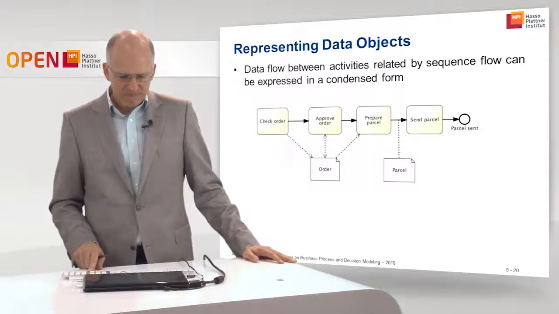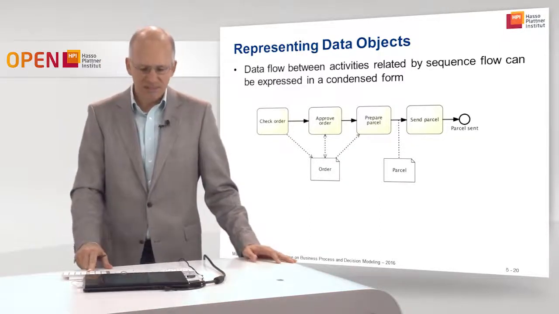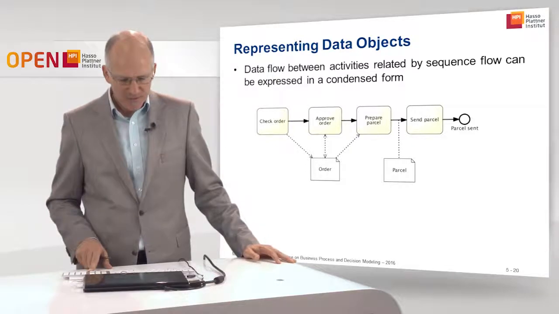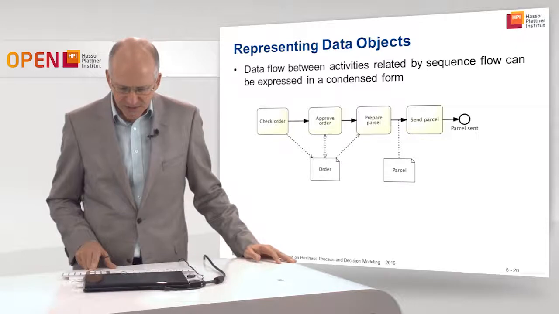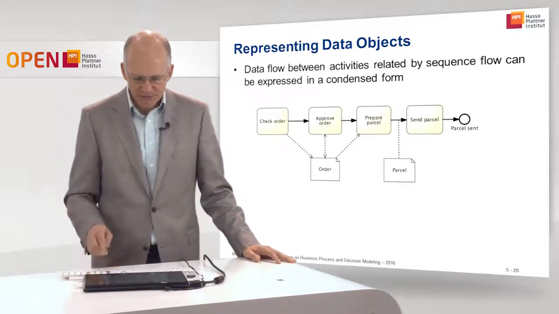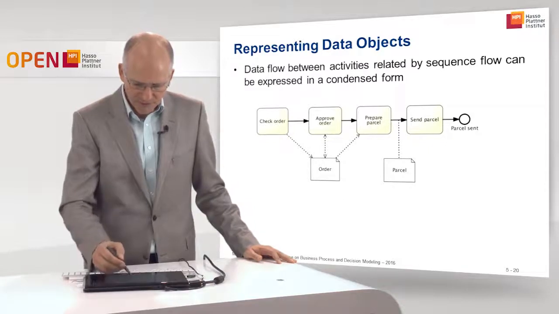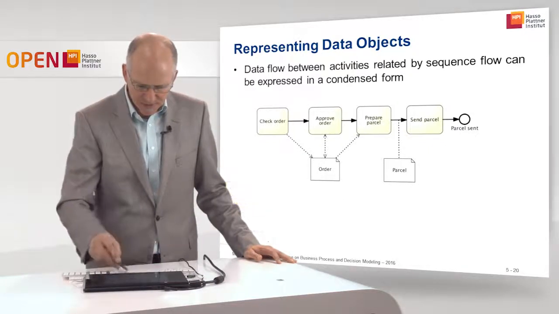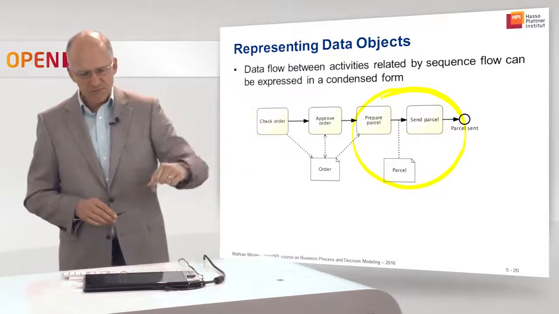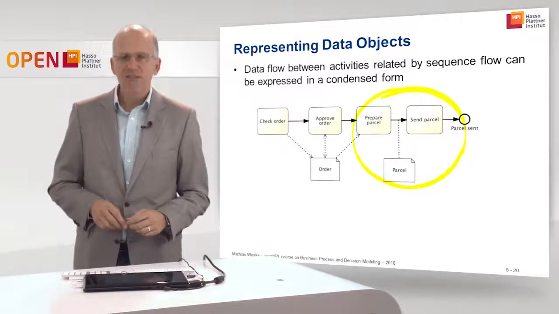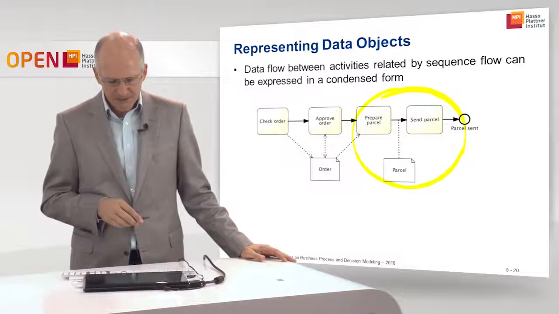Okay, so we announced that we talk also about data flow. We've been doing that in the previous example somehow implicitly. Data flow between activities related by sequence flow can be expressed in a condensed form. And before that, we look at now the right-hand side here of that, where prepare parcel created a parcel data object. The parcel data object was then read by send parcel, and we can use this